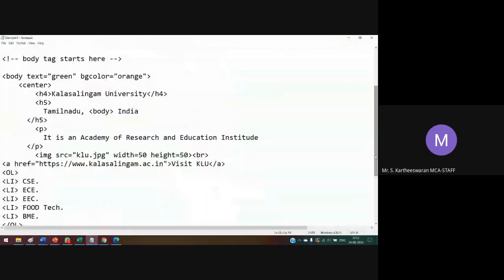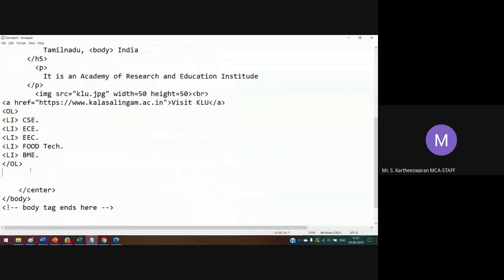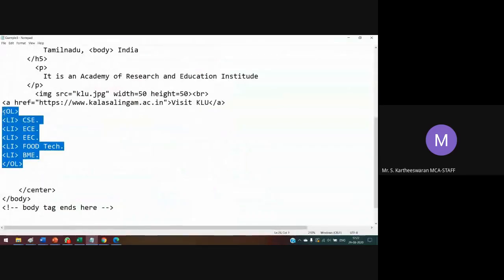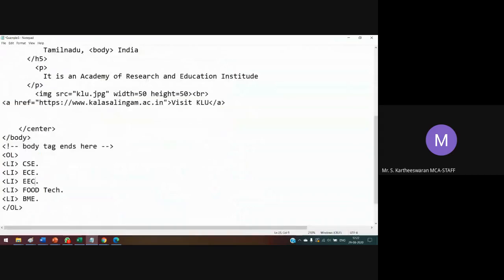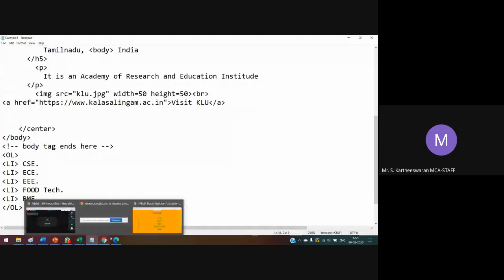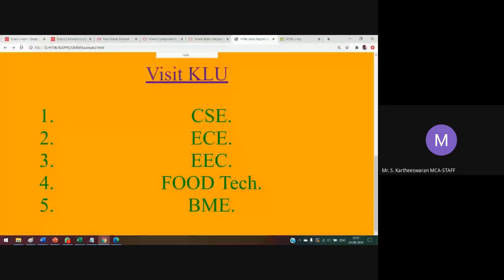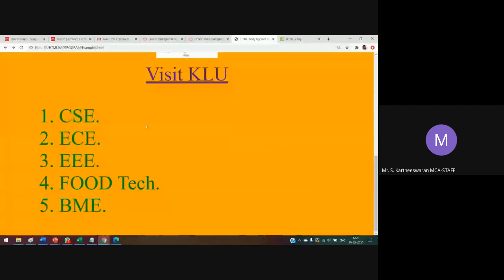If you use it without center, it will not look very nice. After using the center element, you have to change it into the EEE. Okay, wow. It is called an ordered list.